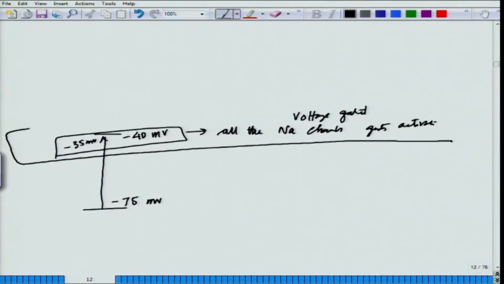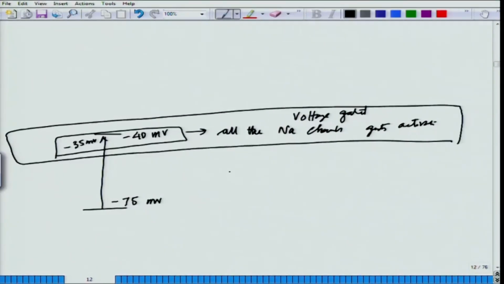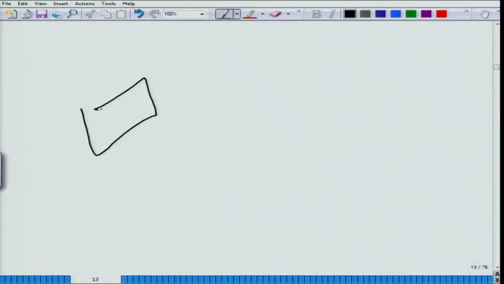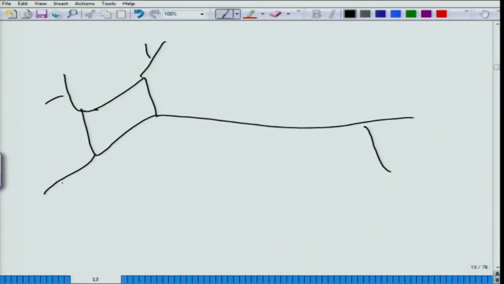So, this is very important for you to understand that whenever a stimulus comes, something like this, this is a neuron, a stimulus which comes opens up the voltage gated sodium channels,